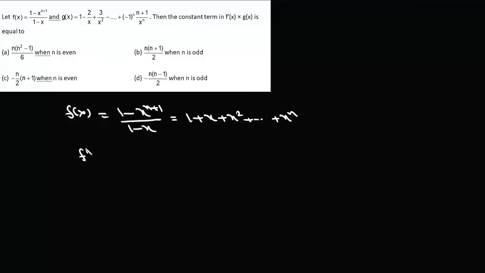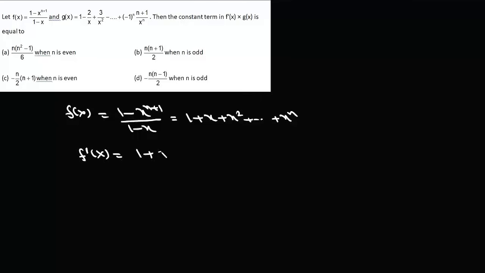In this question we are given two functions fx and gx, and it says then the constant term in f dash x into gx is equal to what? Now basically we are given fx equals (1 minus x to the power n plus 1) upon (1 minus x). This is nothing but the sum of a GP. So this fx is 1 plus x plus x square up to x to the power n,